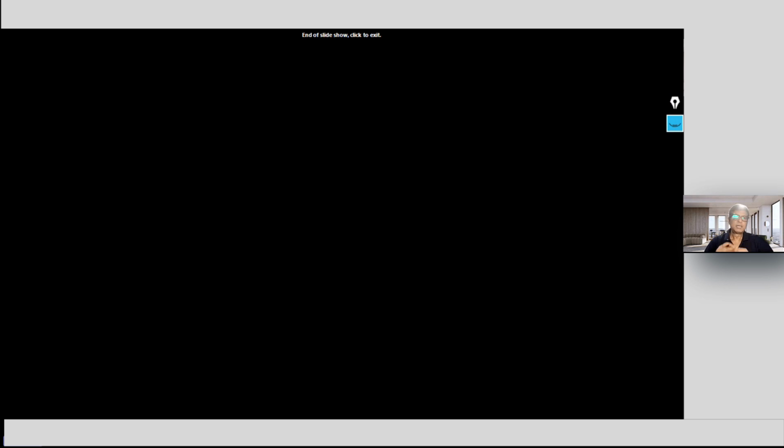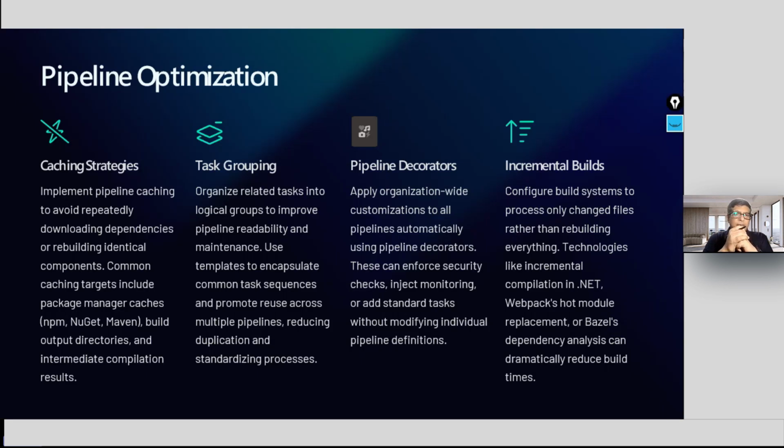This is the end of the slides. If you understand all this theory part of the CI/CD pipeline, Azure DevOps has a lot of things, and you will get excited to work on a tool like that, and you can become a very powerful contributor to your company's processes.